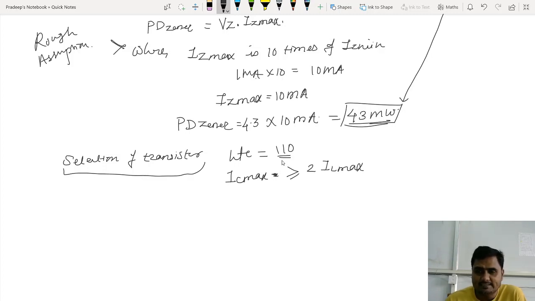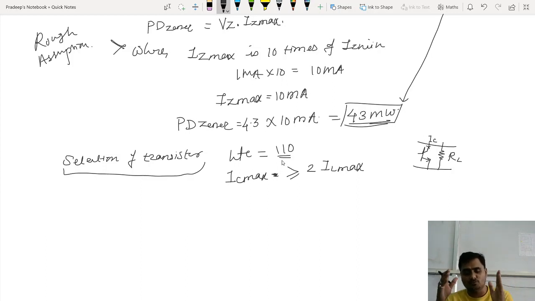because see, this is a transistor and the transistor is in parallel with the load resistor. Look at the configuration we have. The transistor is in parallel with the load. It means when two resistors or two impedances are in parallel, does current get divided or voltage get divided? Obviously it is current which gets divided. So voltage will remain the same, but the current will get divided.